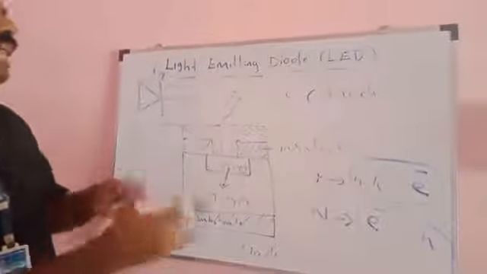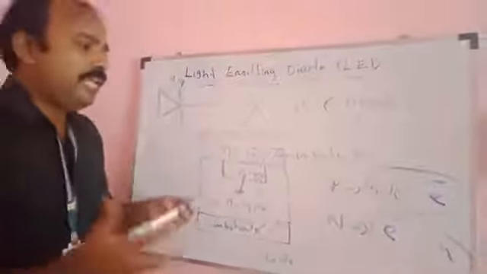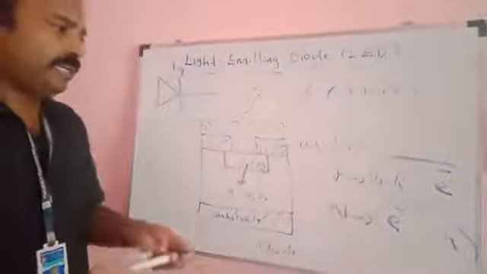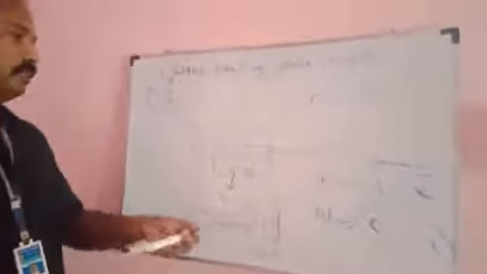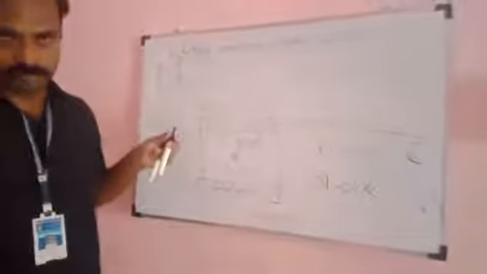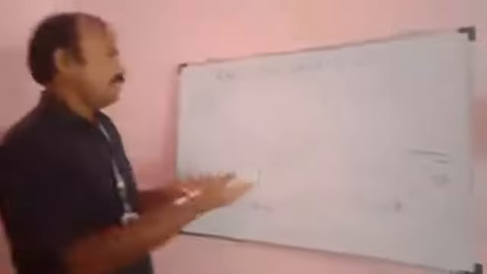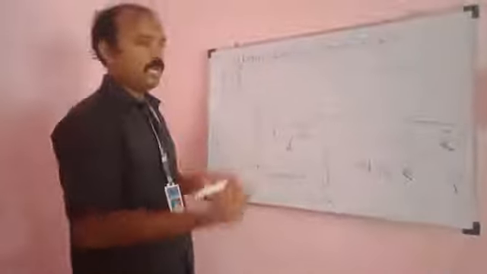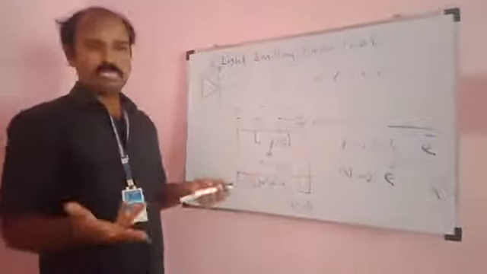This LED light is incoherent, but laser light is coherent. Coherent means the same wavelength, and also the same intensity and amplitude, everything the same. But here it is incoherent. That is a disadvantage. That means LED light is similar to normal light, but with color. That's all. Then the applications.